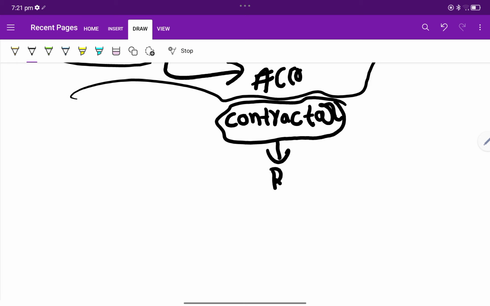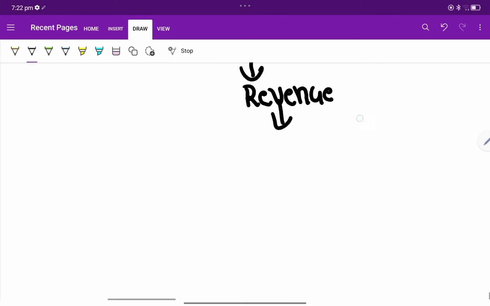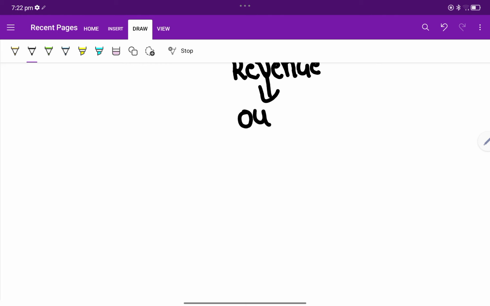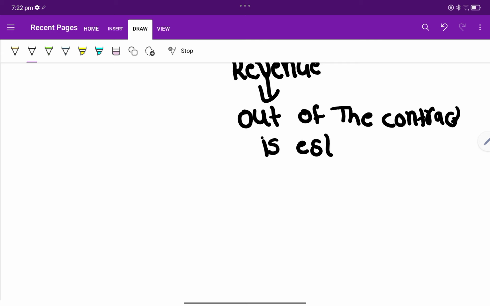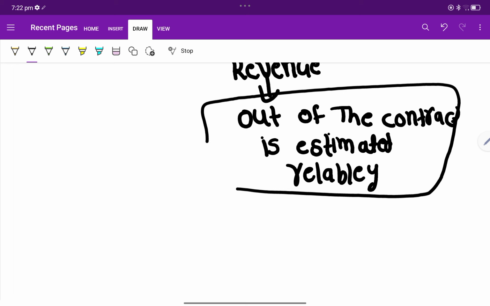Revenue recognition. Very simple. First you should know whether the outcome of the contract can be estimated reliably or not. If the outcome of the contract can be estimated reliably, if the answer is yes,